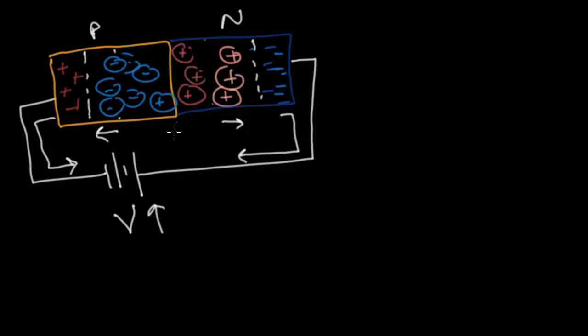As the width of the depletion region, let's call this dP for now, increases, the electrical field also increases. We have an electrical field which flows from the N-type semiconductor to the P-type. This increases as we increase the voltage. So as we keep on increasing the voltage, the electrical field increases. As a result, there is some flow of current.